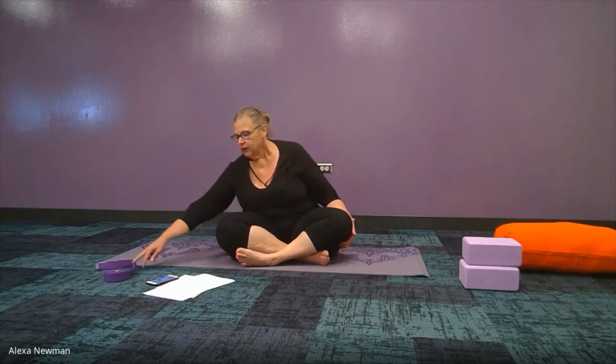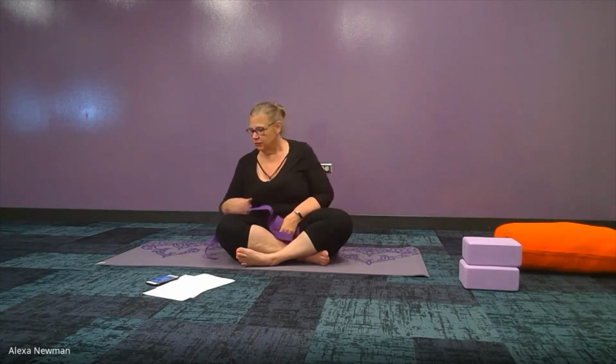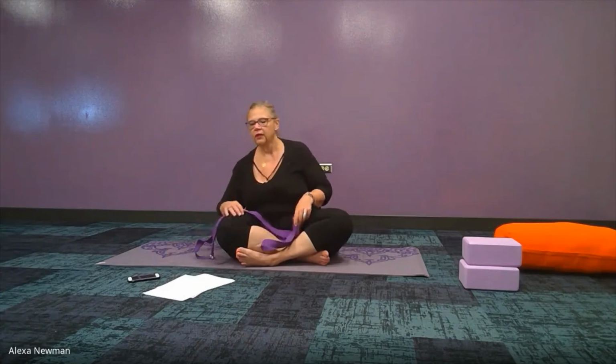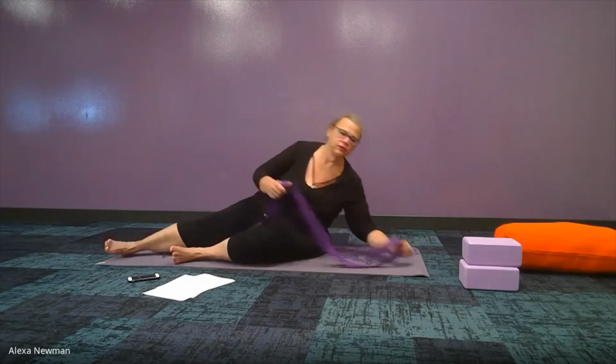Okay, from child's pose, I want you to come back up to tabletop, and we are now going to transition into a pose called the cat pulling its tail. It's a variation of a twist. So the reason I had you set up is if you have a strap, you might want this. We are going to